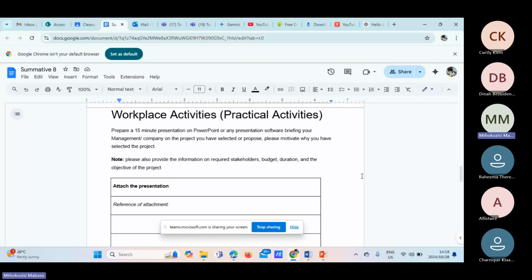Other people prefer to use Canva. It is a site that generates presentations quite easily and they look very nice. You can also use Canva for this presentation. So it's basically you drafting a presentation for briefing your management or your company on a project you have selected. So you must choose a project of your own choice and